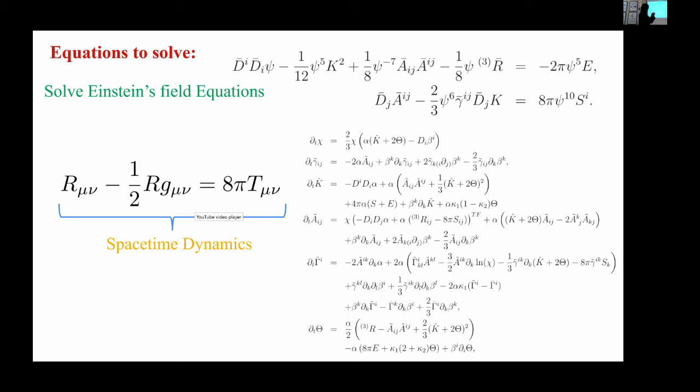But these evolution equations require initial data. And this initial data is obtained by solving the constraint equations on the initial hypersurface. And once we have initial data from this, then we can supply it and evolve the system using this set of equations. So just to mention here, this set of equations is one formulation of the evolution equations, which are the Z4C equations. But these evolution equations can also be formulated in BSSN, or there's another, Z4, which maybe David can comment.